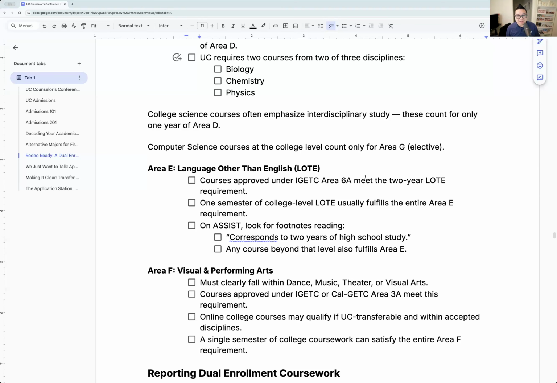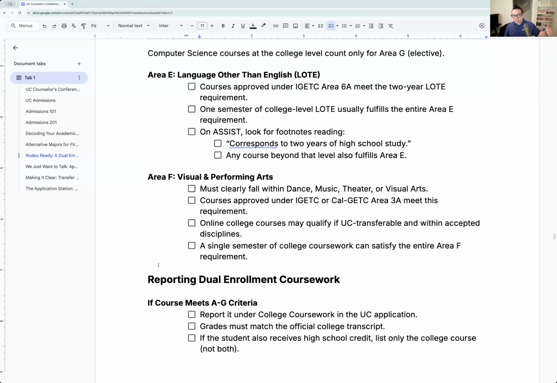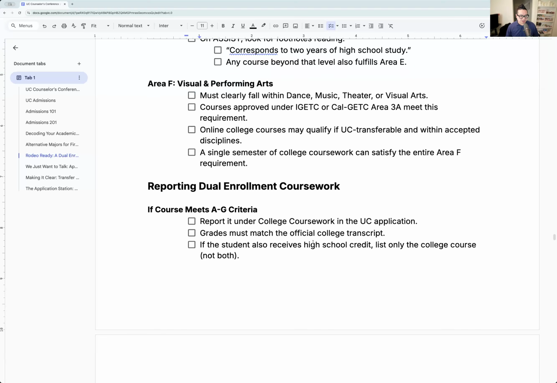5 times 3.3 is 16.5. So if you take a 1 semester language class, you get the same as a year and a half of college credit, right? And to make it more exciting, if you take 2 semesters, Spanish 1, Spanish 2, right? That's going to get you 33 credits, or 3 years of language, in just 2 semesters. So really, really cool thing. If you understand it, go ahead, abuse it. Too, there are a bunch of language classes, dance, music, theater. You can take that as well.